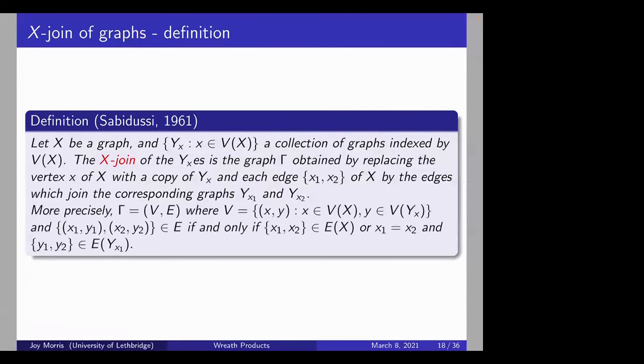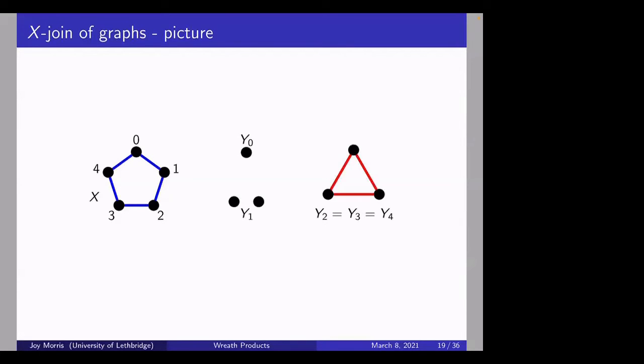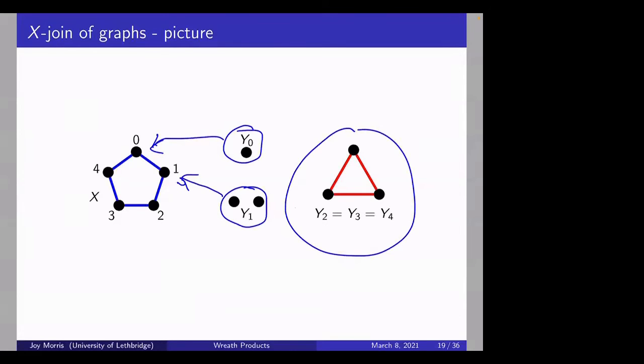Again, we can define that more precisely about when we get edges and when we don't get edges, but the picture is, I think, the easier thing to understand, and it's very similar to the previous picture. So suppose I'm again going to let X be a 5 cycle, but I've labeled the vertices of X now just to be very clear about which vertex is going to be replaced with which other graph. And I'm going to choose Y0, the graph that goes in that 0 spot, to be just a K1. Y1 is going to be 2 vertices, and Y2, Y3, and Y4 will be the same graph as previously.